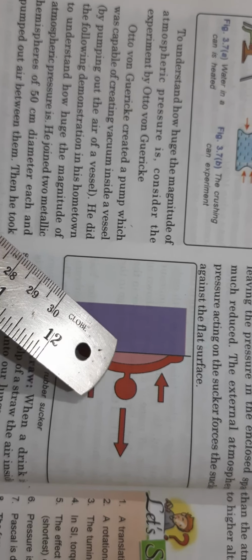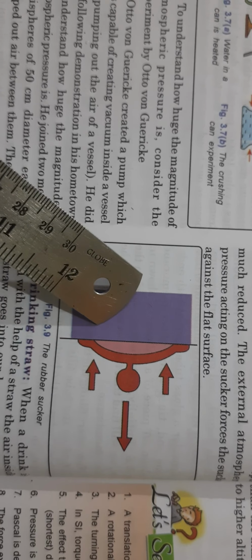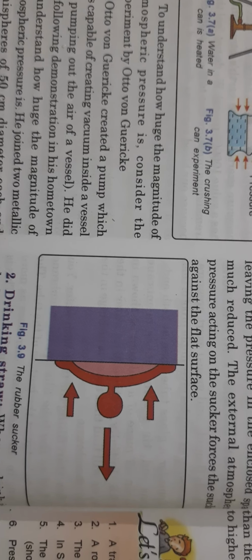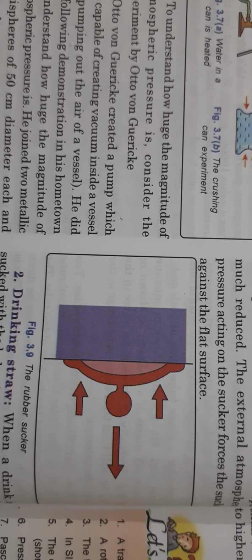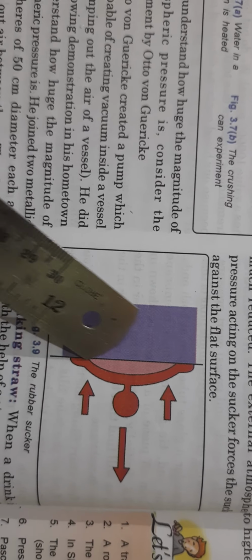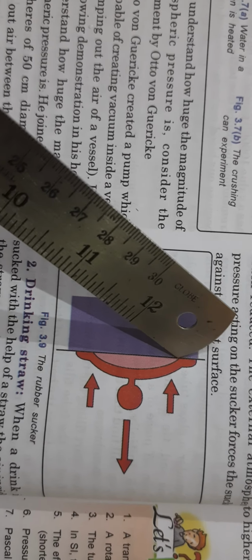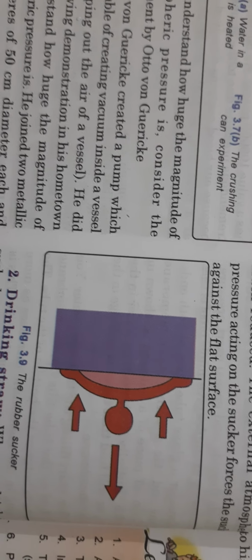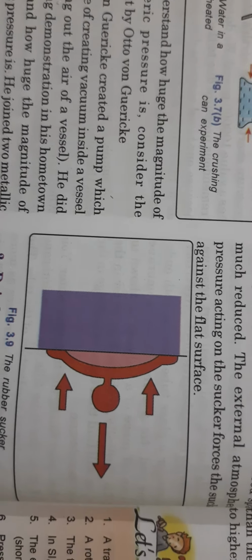So tightly it presses that this rubber sucker actually sticks to this plane surface as if it was attached by glue. But there is no glue between the plane surface and the rubber sucker. It is the atmospheric pressure pressing against the surface of the rubber sucker from outside and making it stay this way. Somehow, if you let air get in from this corner or from this corner, then the air will start getting inside the low pressure region between the concave surface and the plane surface, and it will equalize the pressure from outside as well as from inside. Then it will come out.